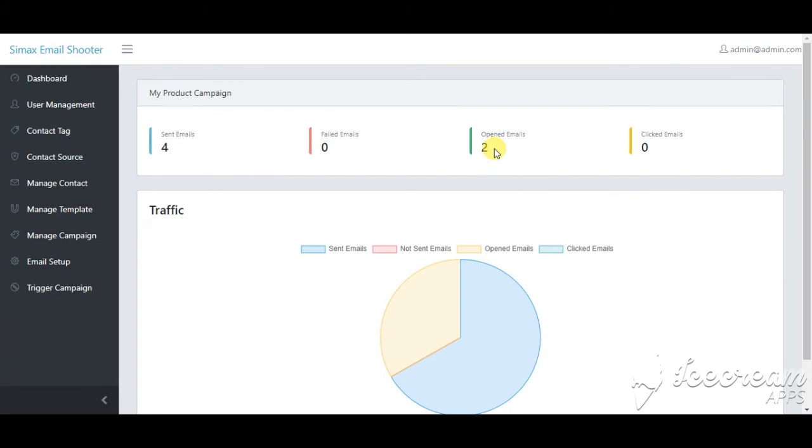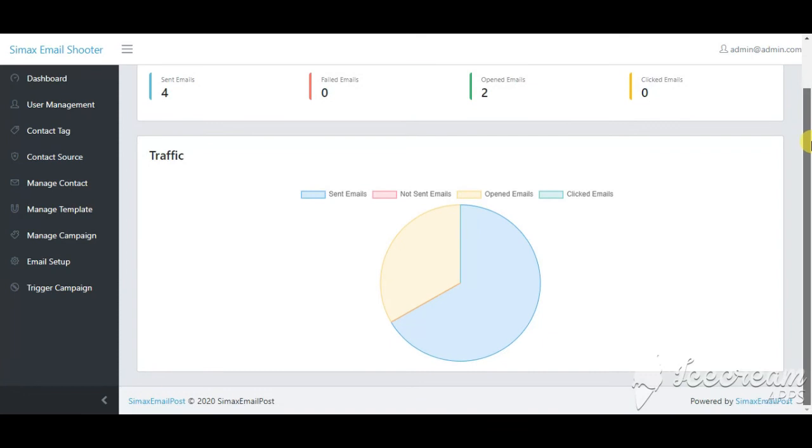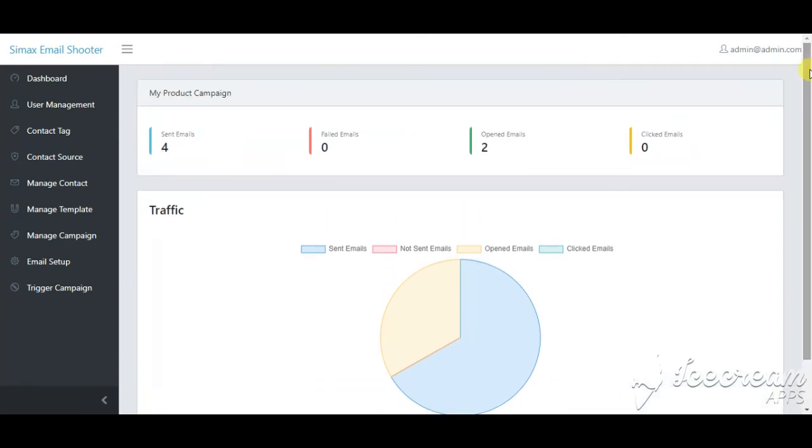Whenever any user clicks on your product, it will be counted here. So you get full analytics: how many emails were sent, failed, opened, and clicked. That is the analytics of one trigger.